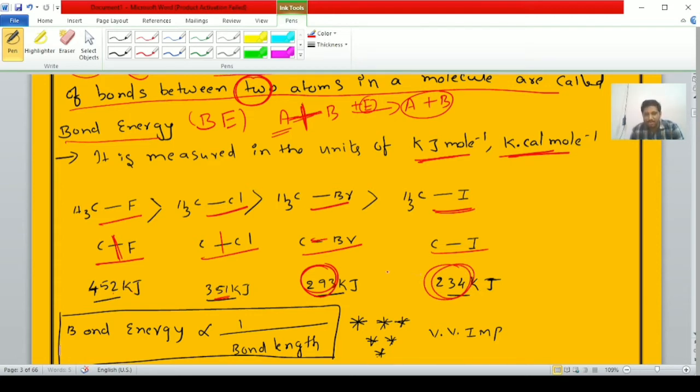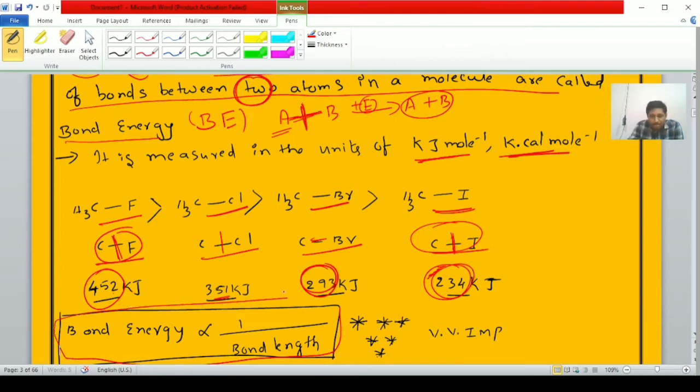These are experimental values, student. Here in the case of the carbon-fluorine bond, the bond is a strong bond and hence more energy is required to break the bond. Therefore, more bond energy. In the case of the carbon-iodine bond, it will be a weak bond, hence less energy is required to break the bond. That's why just 234 kilojoules of energy will be required. Here, why will the bond energy be like this, my student? Here one important equation is there.